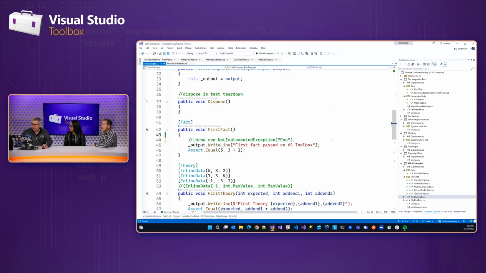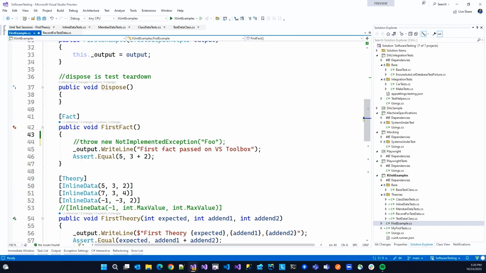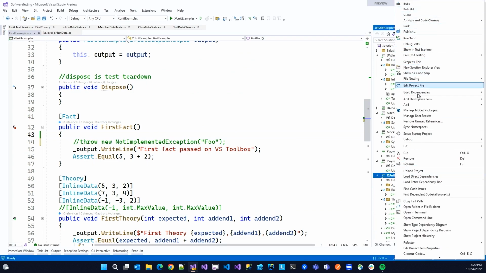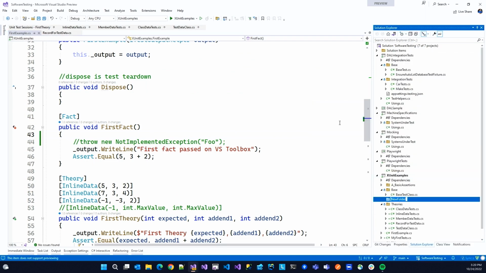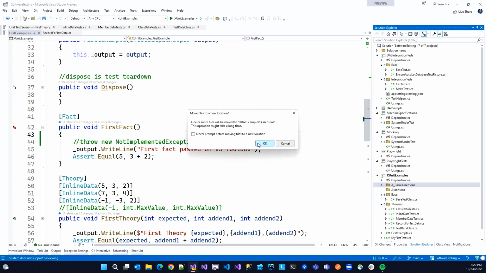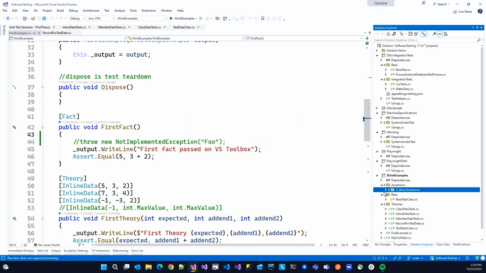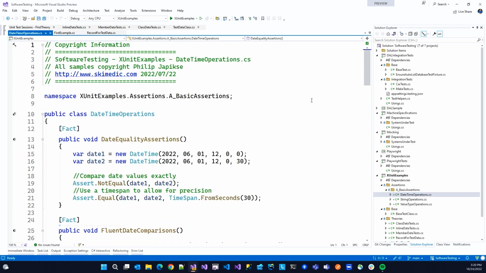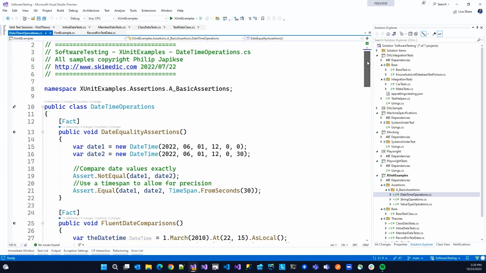Okay? So what I'm going to do is I'm going to copy over some code here. And we'll make a new folder real quick, and we'll throw my basic assertions in here. And let's just cover, now there's going to be a lot in here. And when I say basic assertions, I'm really just checking value semantics, right? So if I want to check the date,